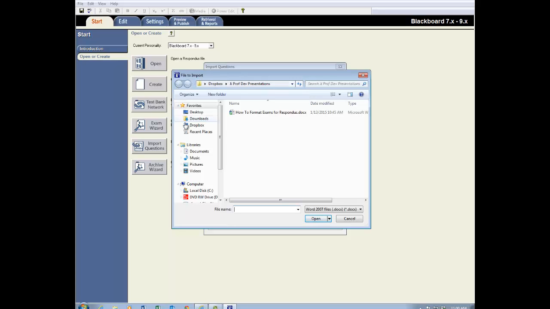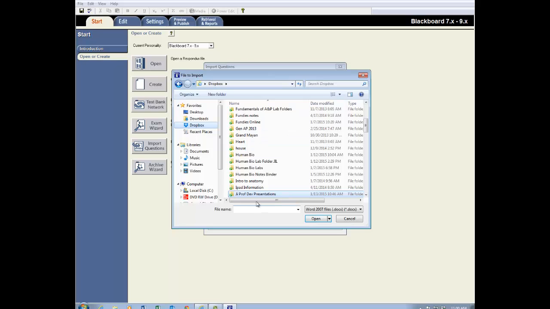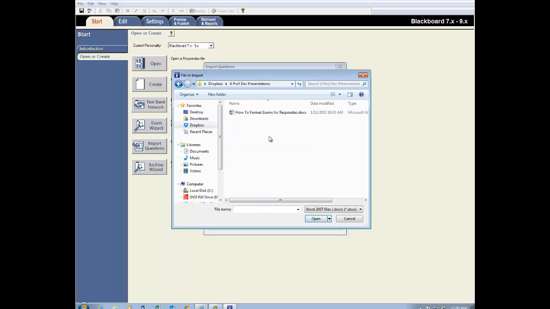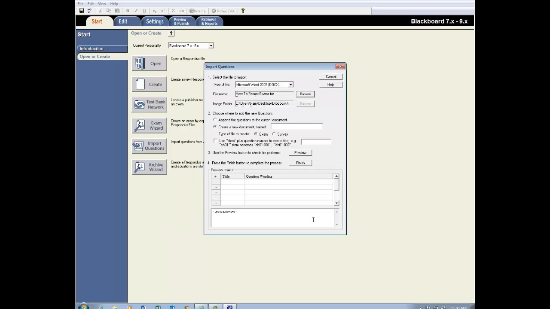So I'm going to go into my Dropbox folder, and I'm going to go into this folder where I know I have an exam. So I'm going to click on that, open it up, and I'm going to have to name it something new because it's going to become a file in my Respondus file list. So I'm going to call it Respondus Practice Exam. Then I'm going to click Preview,